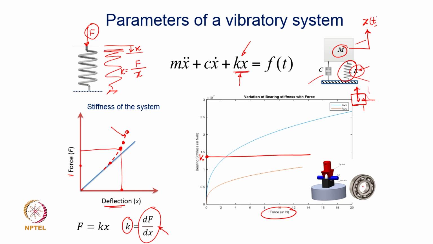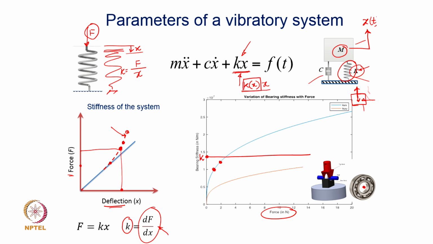However, in the case of a machine element such as a bearing, it is beyond the scope to discuss why it happens, but it is true that the stiffness of a rolling element bearing or even a roller bearing is going to be a function of the force applied. So, the value of the stiffness depends upon the deformation or force, and therefore, depending upon at what force the system is being subjected to, the stiffness is going to be different. So, that means we cannot write this as k of x. You may have to write k as a function of x or f times x,